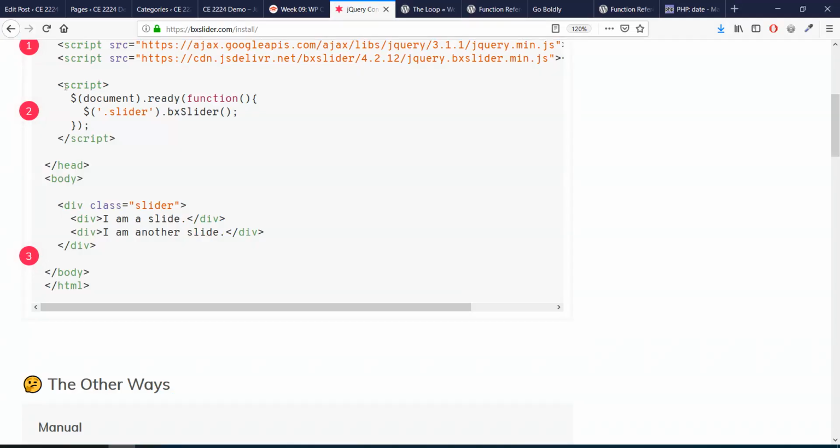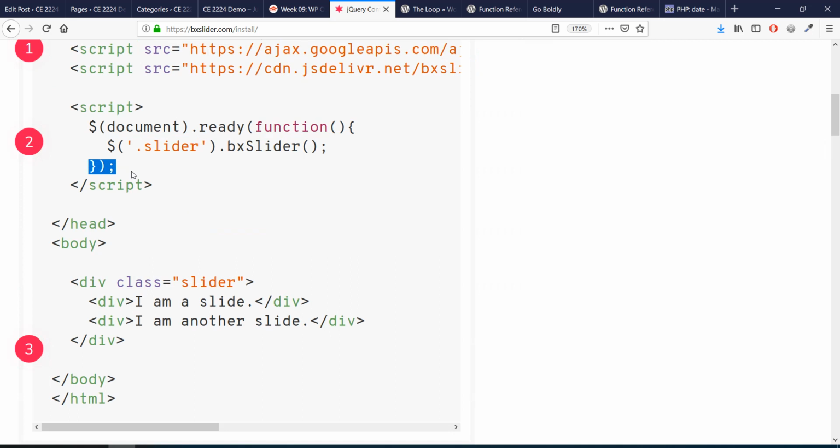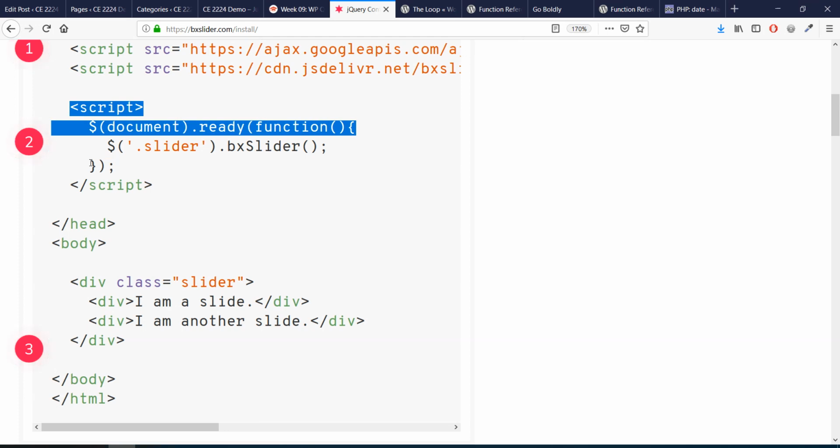Alright, so that was step 2. Step 3 is the custom JavaScript here. Now they already have the document ready function part. We've talked about that before, right? Just in case you don't remember, we have this starting our custom JavaScript or jQuery, and we have this ending our custom JavaScript or jQuery. We need to make sure we start with this and we end with this